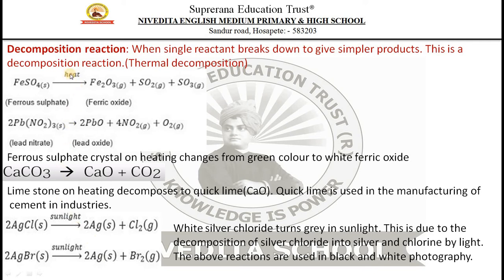So in all the above reactions, what did you see? What is common? Everywhere you are using heat, right? Sometimes you need more heat if the bond between the positive and the negative ion in the compound is strong. For example, here we need more heat, which is why we do it in industry. And as you can see, in silver chloride and silver bromide, just sunlight is sufficient to break the bond and make the compound decompose.